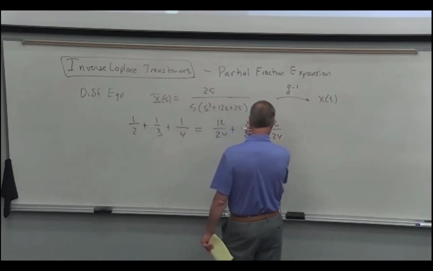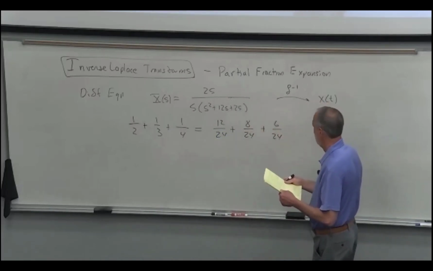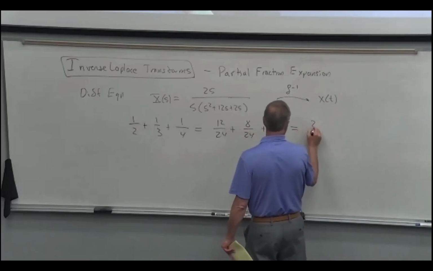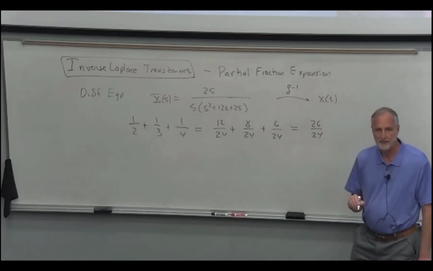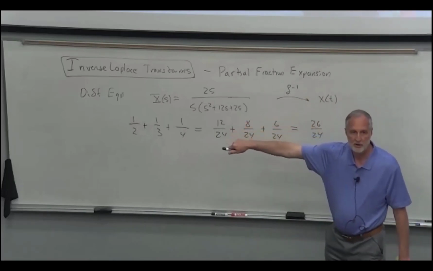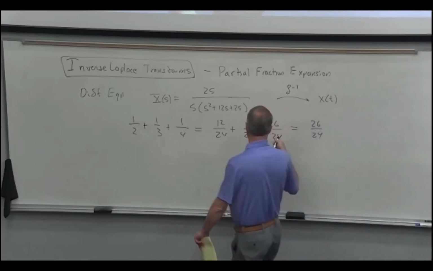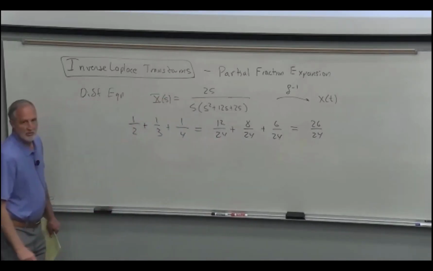But check me, make sure I'm doing this right. Does that look right? Yeah, so then you get 26 24ths is the answer, right? Well, what we're doing here is the reverse. We're saying we can write this thing in terms that are the products that make up the bottom,